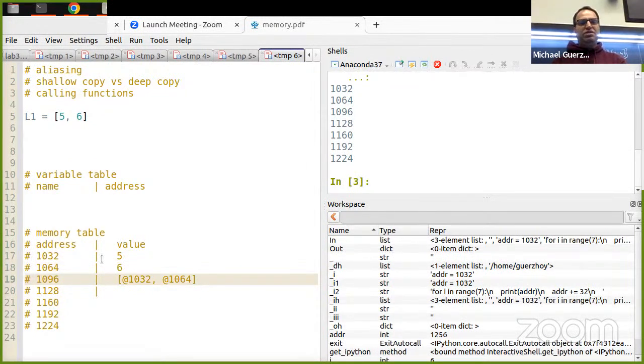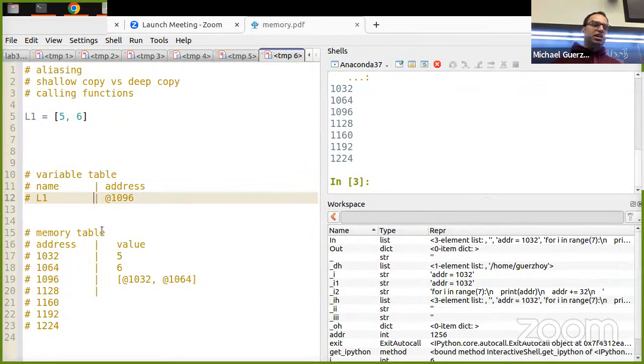So, okay, we've put this object in memory, and now it's going to go over here. So that's going to be at 1096. And I put the address of this guy, so the address of this is 1096, I put it as L1. All right.